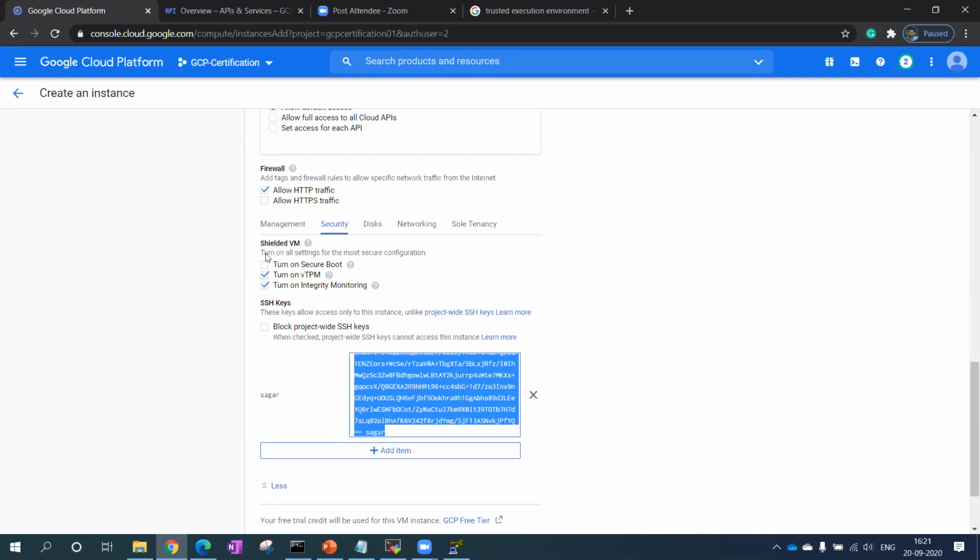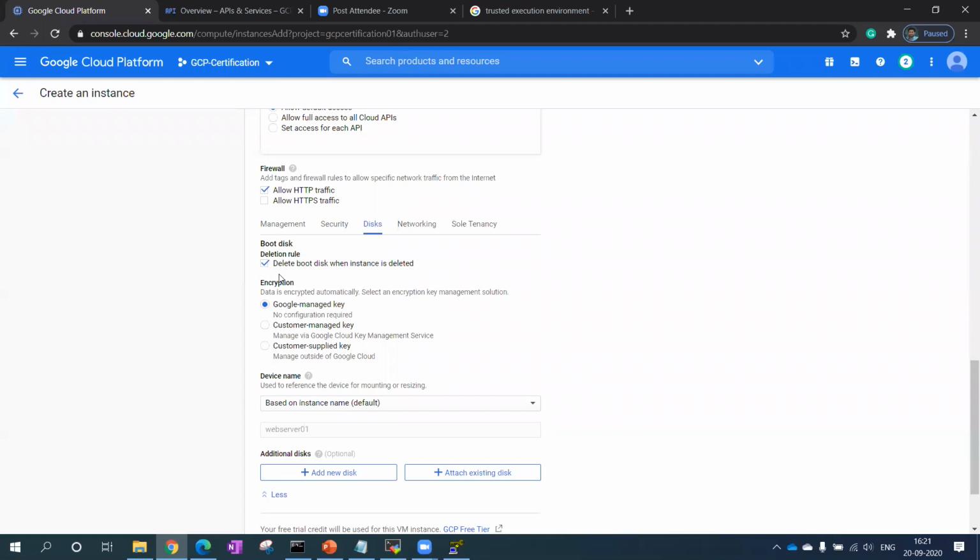Okay, and we'll move further to disk. In the disk, I have to mention whether I want this disk to be deleted once the instance gets deleted. I have just selected that, which means when I delete my instance, this also gets deleted.